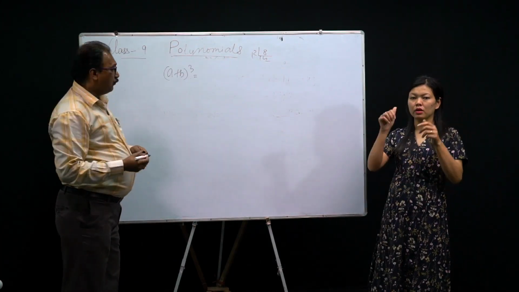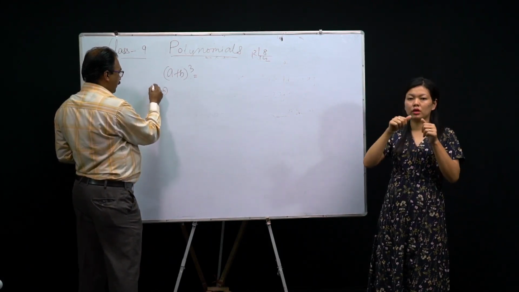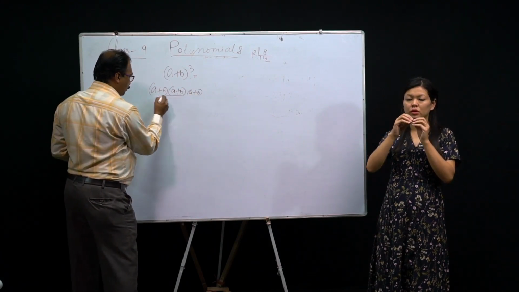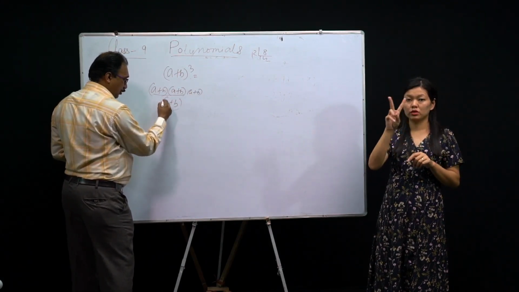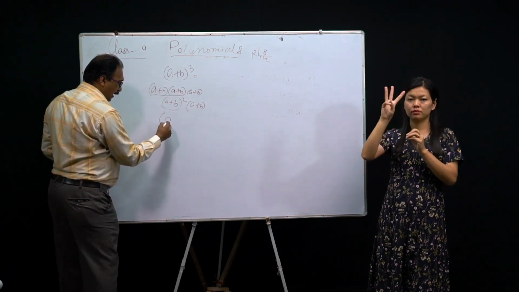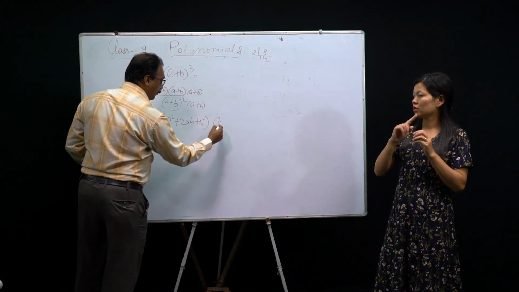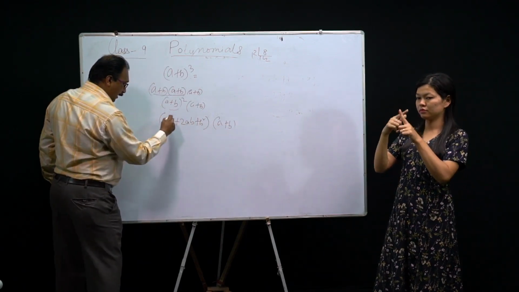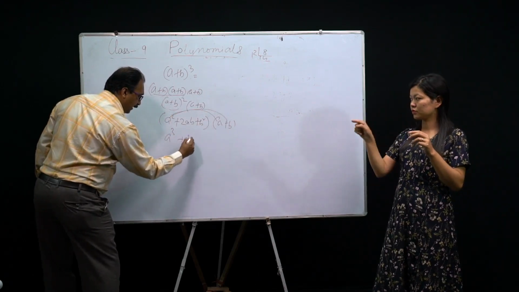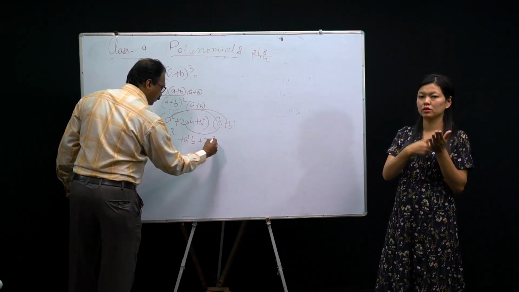Look here: the a plus b whole cube formula. What is the formula? First you make it 3 times: a plus b into a plus b into a plus b. The first 2 times is a plus b whole square. You already know that, and then it is a plus b. Clear or not? Then this formula is a square plus 2ab plus b square. You know that. And multiply with again a plus b. So we multiply with rainbow. a cube, a square into b, a square b. 2ab into a square: a. So 2a square b. Understood?